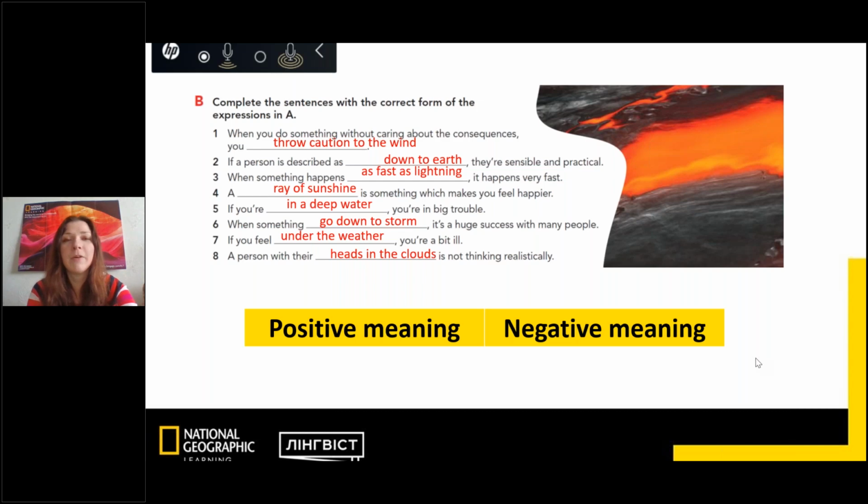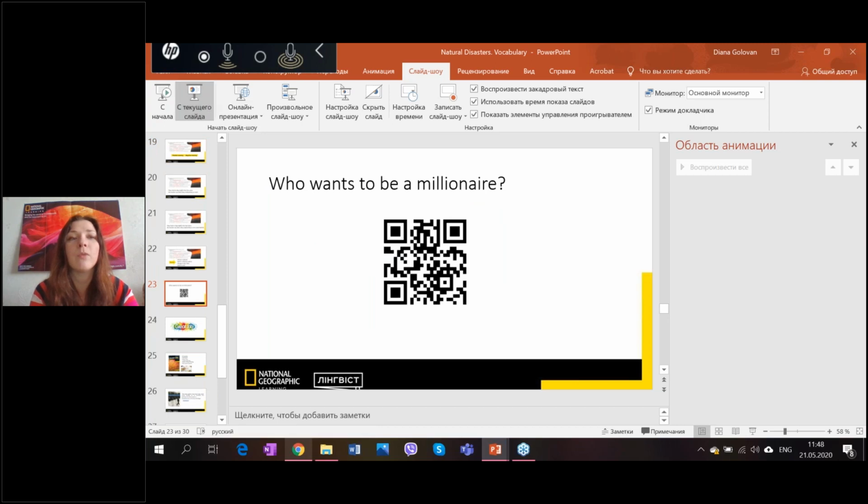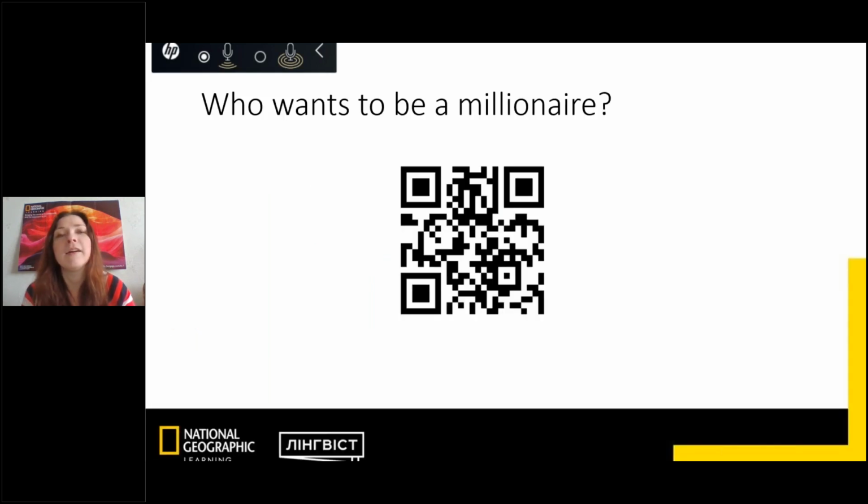Okay, and one more thing that I would like to try with you today, that would be our last thing. Let's check how well we remember the material from today's lesson. So let's play the game Who Wants to Be a Millionaire? There are two options. You can scan the code and play the game on your own, or we do it right now all together. We already tried this application as well, but anyway, I guess that there are many new participants, so it's all right to recall.